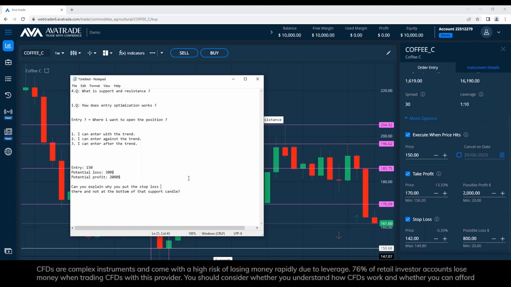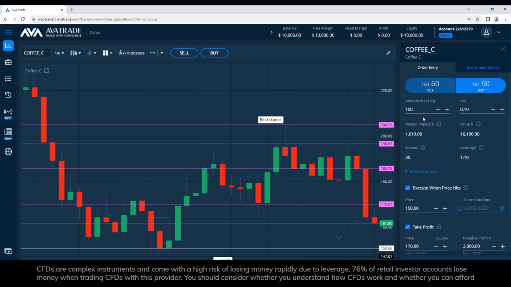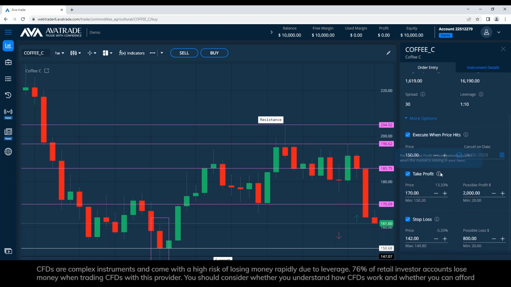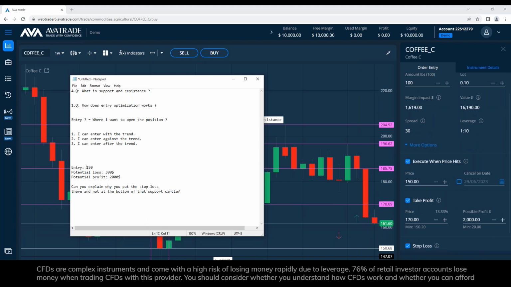But how did you get to 2,000 potential profit? $2,000 is the outcome if I multiply $100 by 100 units by the $20 difference. So if I buy at 150 and the price goes up to 170,